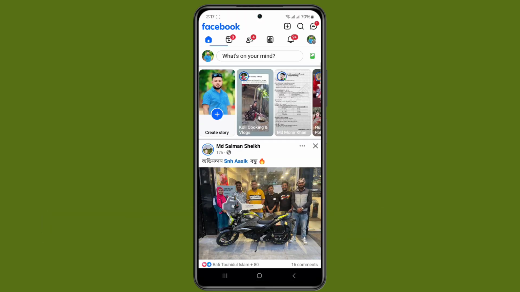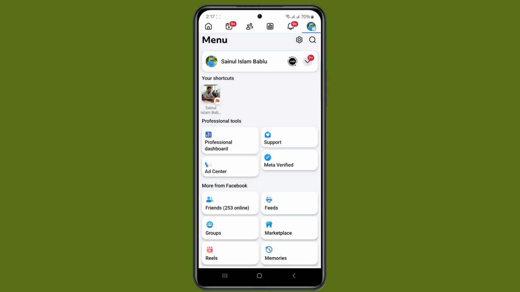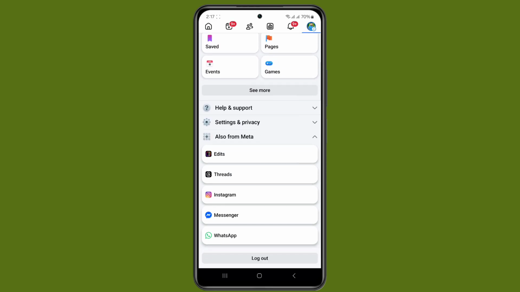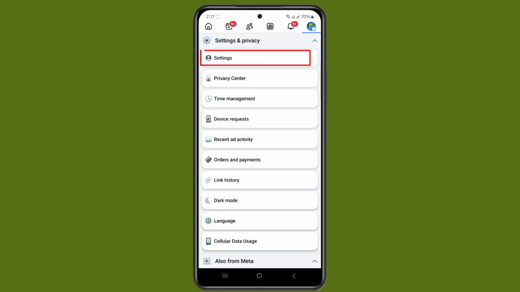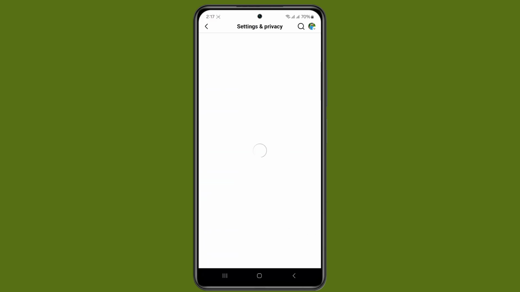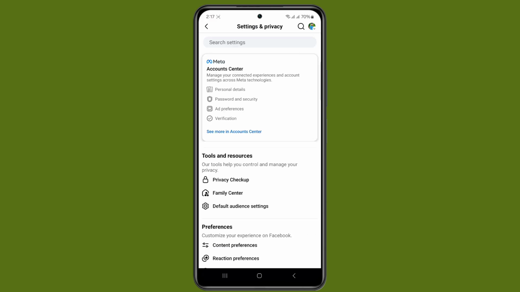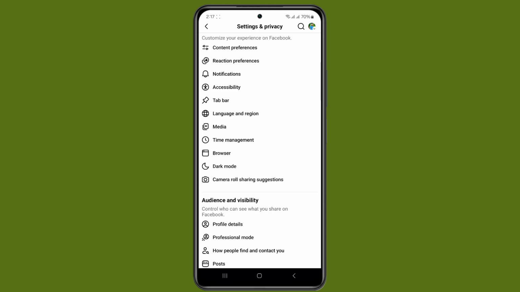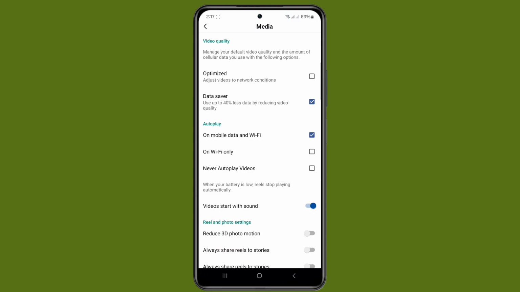At first, open your Facebook app, click on the three-line menu option at the top right corner, scroll down a little bit, click on Settings and Privacy, click on Settings. Now scroll down a little bit, click on Media, see Video Quality here, Data Server, and now click on Optimized, click here, go back to the home screen,